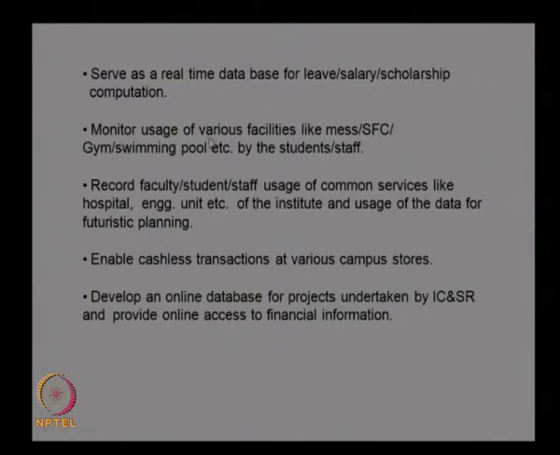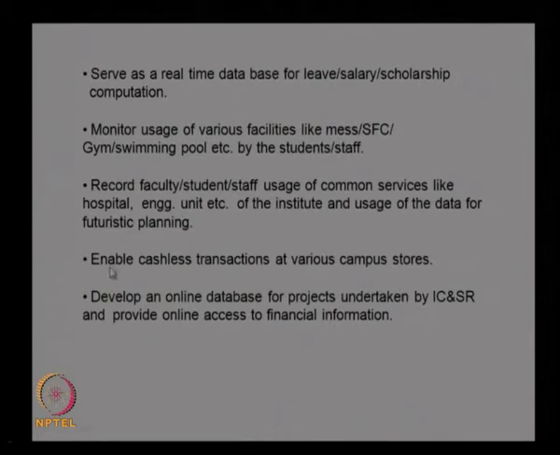Also, monitoring usage of various facilities like the mess, student facility center, gym, swimming pool, etc. by the students as well as staff, recording faculty, student and staff usage of common services like the hospital, engineering unit, and the institute, and usage of the data for futuristic planning, enabling cashless transactions at various campus stores.